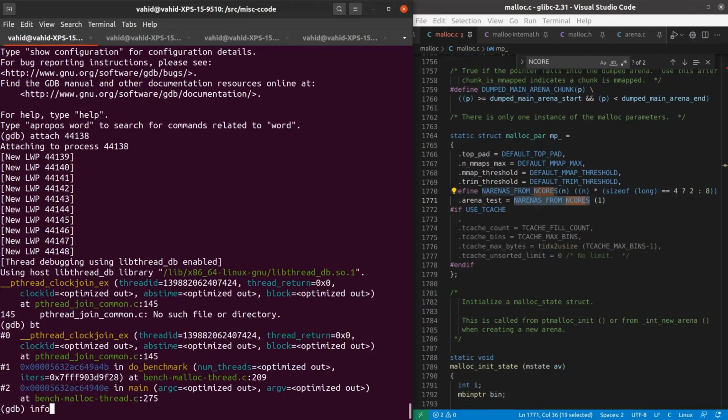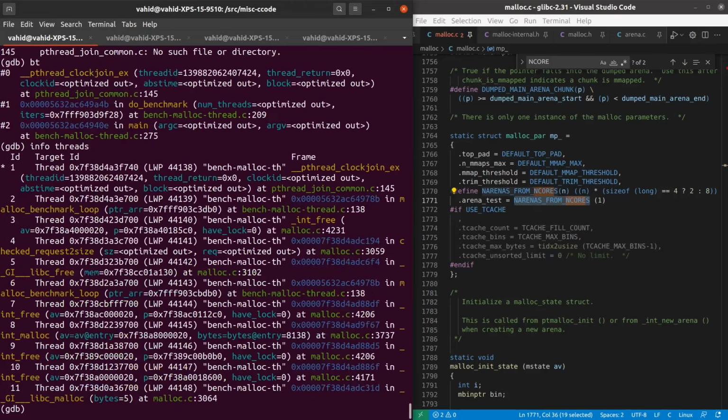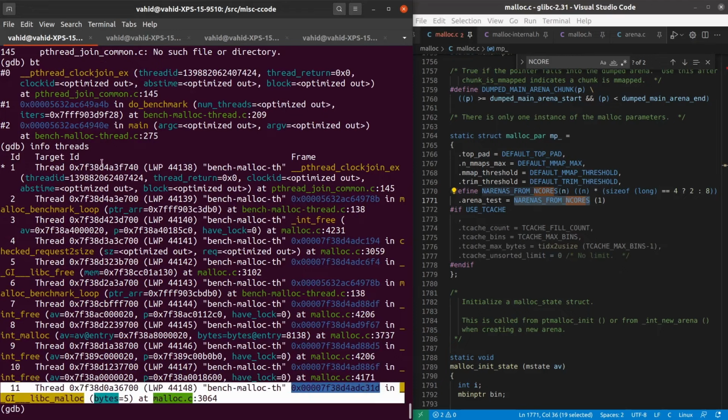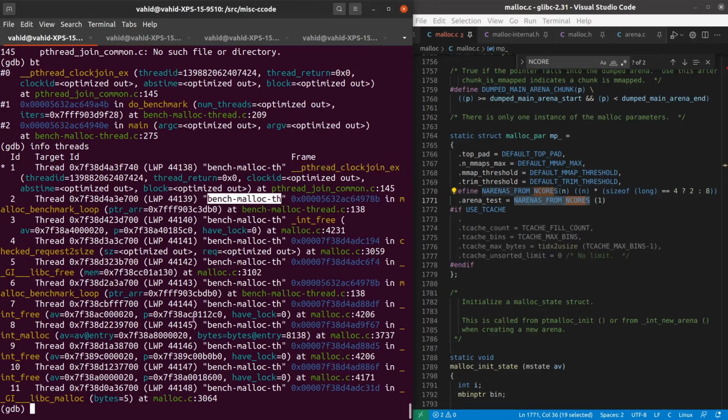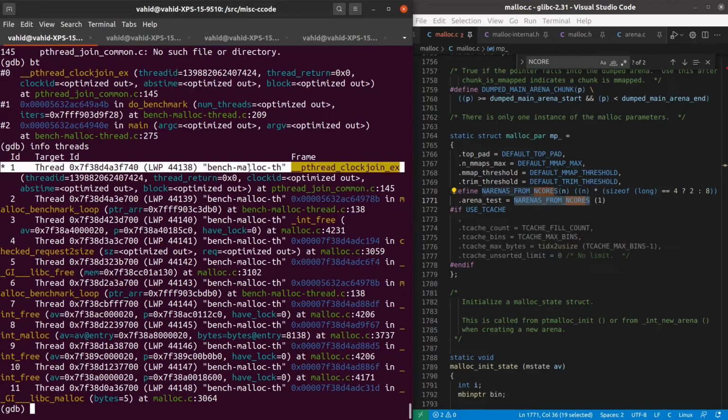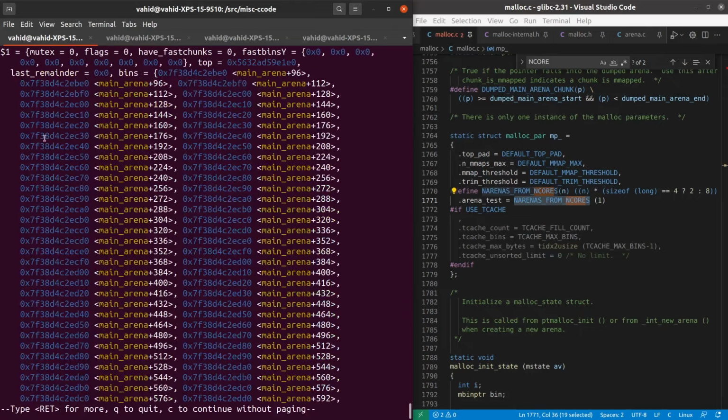Okay, if I do info threads, we have from thread 1 to thread 11, and I believe one of them is the main one that then creates 10 other threads. So the main one waits for the whole benchmark to finish, and then it terminates the whole thing. So let's take a look at the main arena. Okay, I have my main arena,